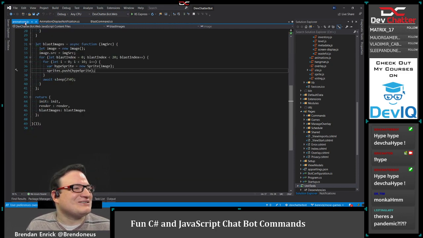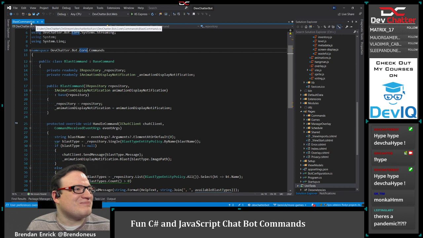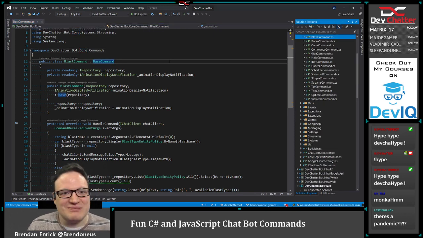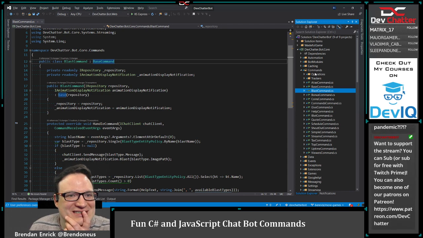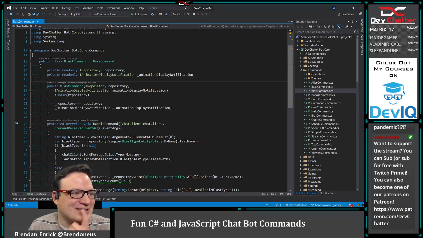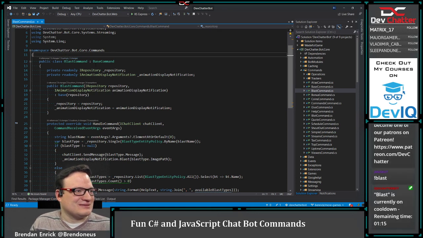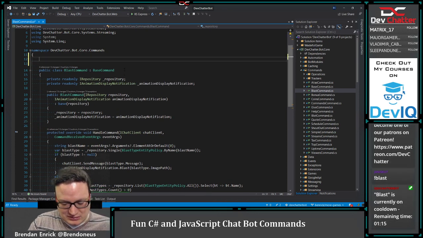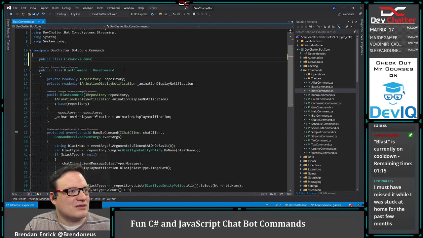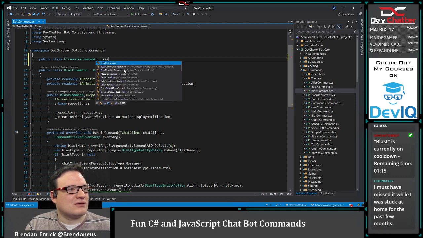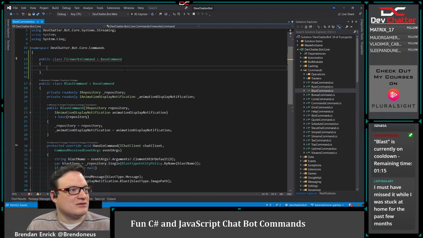Okay, blast command. Yes, it'll be like the blast command, I think. But it won't be. It'll be similar to this one. Public class